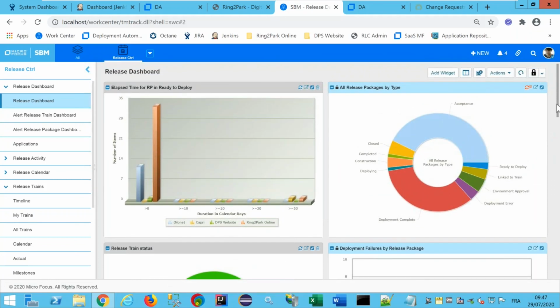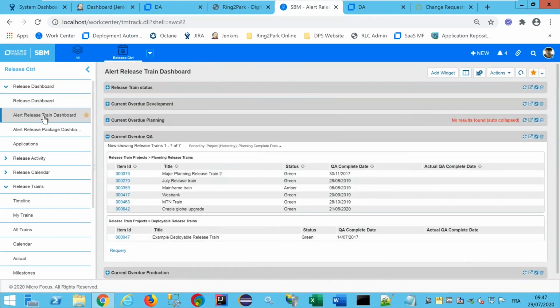Out of the box, we provide about 100 reports you can aggregate using dashboards. So you have here, for instance, another dashboard showing you the overdue quality gates or the overdue milestones.